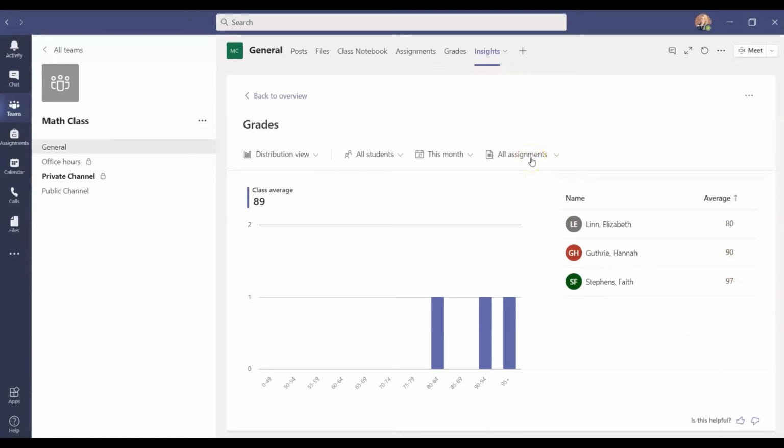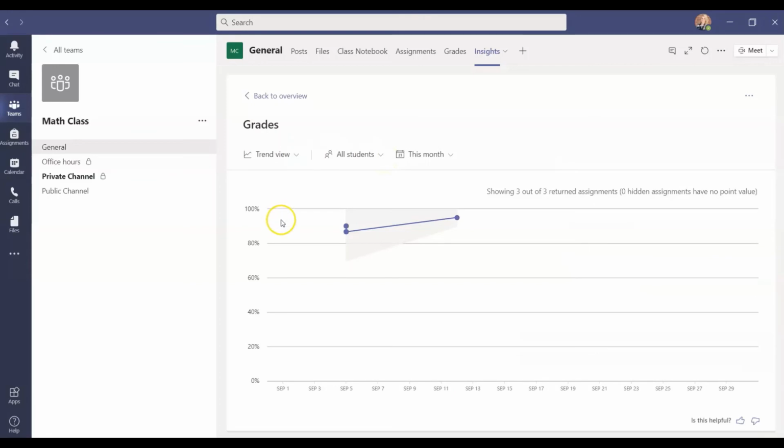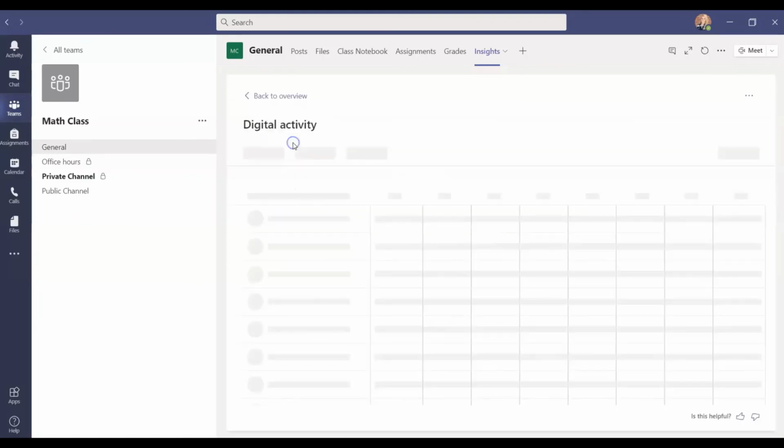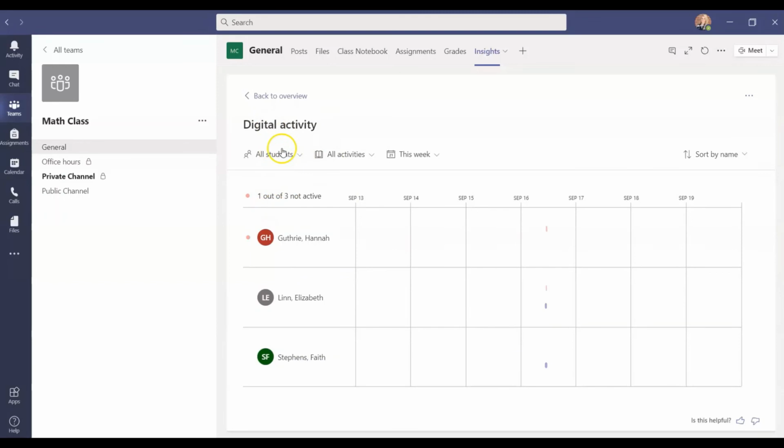You can look at all assignments, you can do a date range, and you can even change what student you're looking at. It also has the ability to give you trend data, so you can see the trend of your grades in that class. But I think the main feature that we're interested in at this time is the digital engagement and student activity. Again, you can filter by student, activity, or date range, and all you do is hover